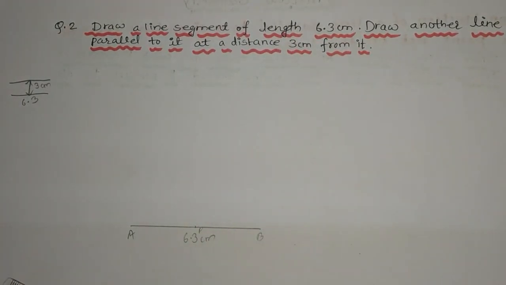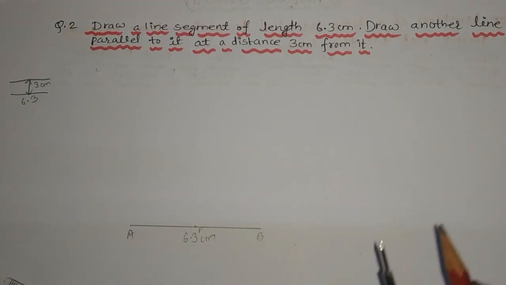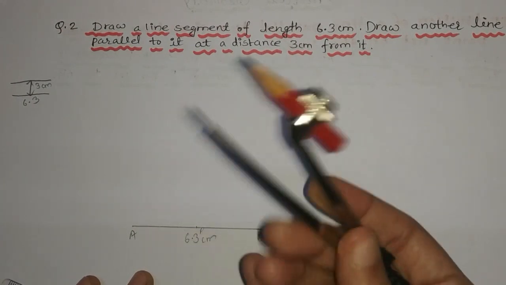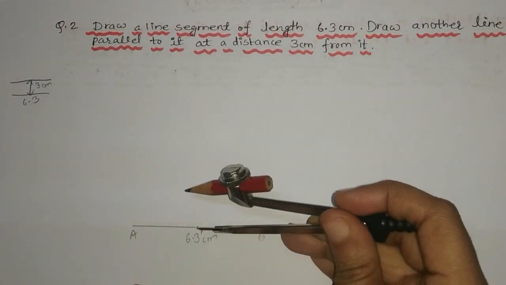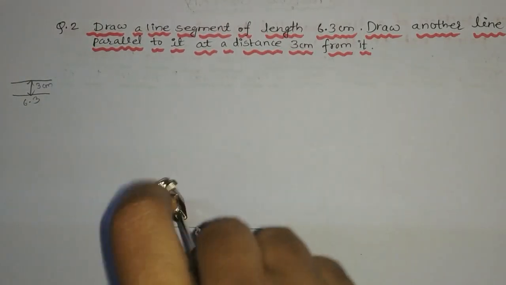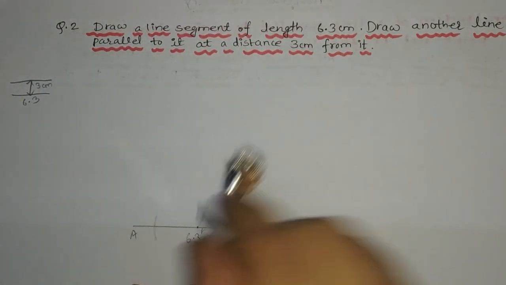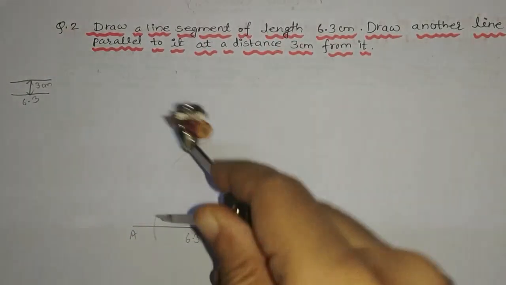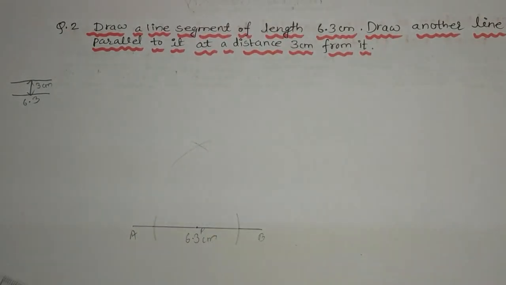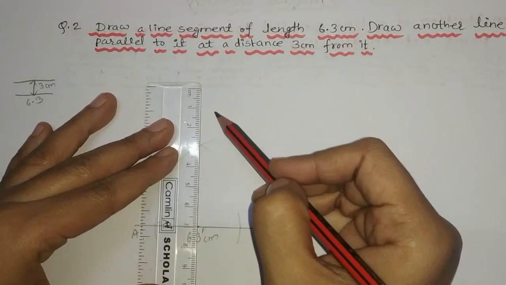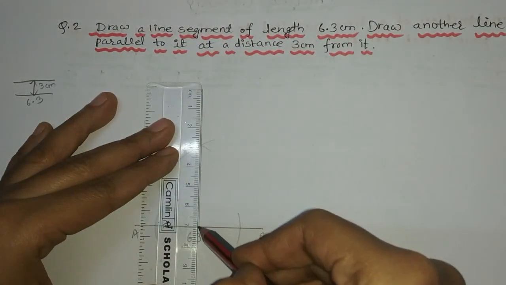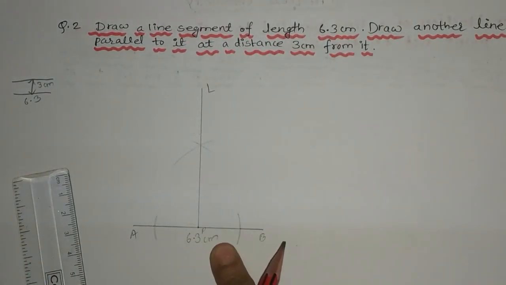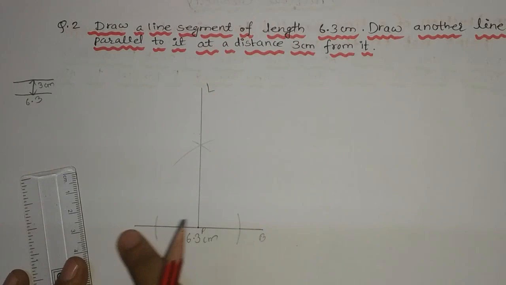So what we'll do, we'll draw a perpendicular here. This is a point P. So we'll draw a perpendicular bisector. Take any radius, and keeping the compass at point P, I'm going to draw the perpendicular bisector. Make a two-side arc, and then afterwards open some more and draw one arc here, one more arc here. So friend, it is a perpendicular bisector. Let's give it a name, suppose PL. This is PL or LP. It is LP, perpendicular bisector on this line segment.